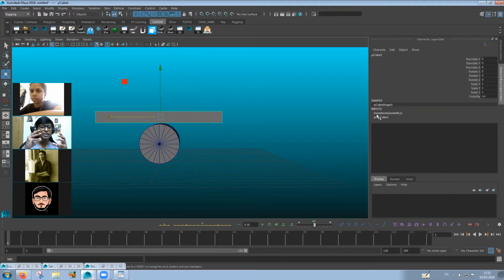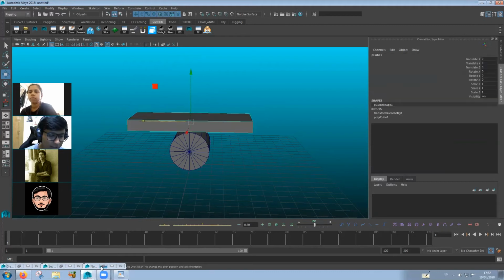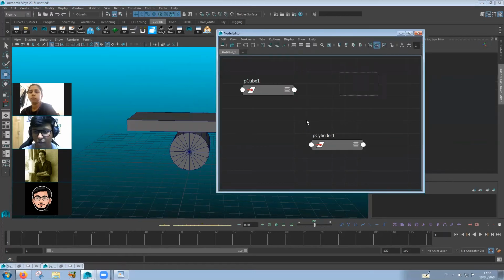So whatever changes you make in the shape, for example, if you tweak the vertices, if you extrude it, or add any sort of modifier, all of that comes under shape node. Okay, so if you go into your node editor, I'll show you this.